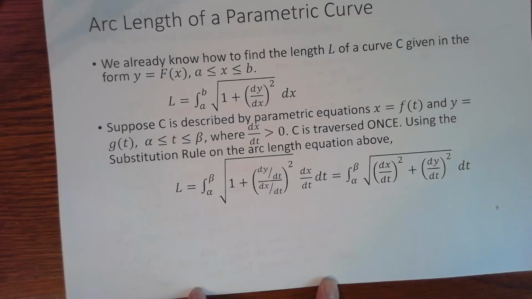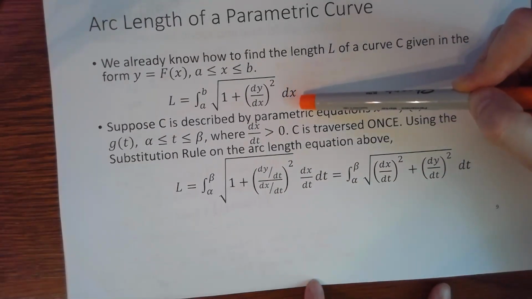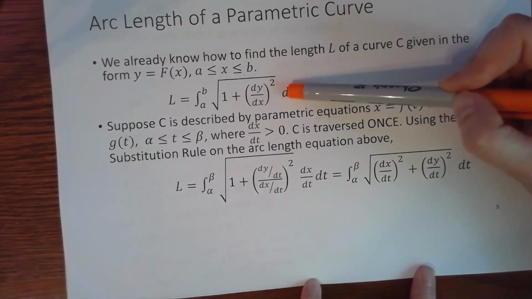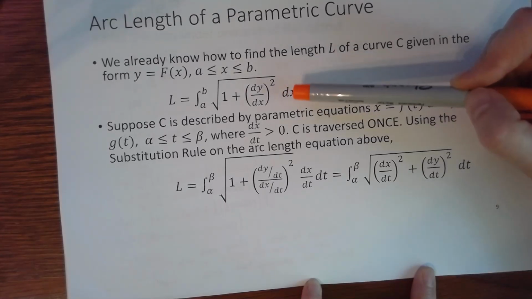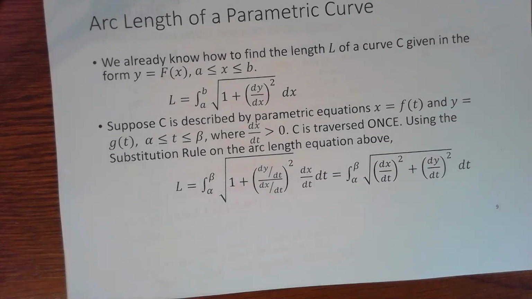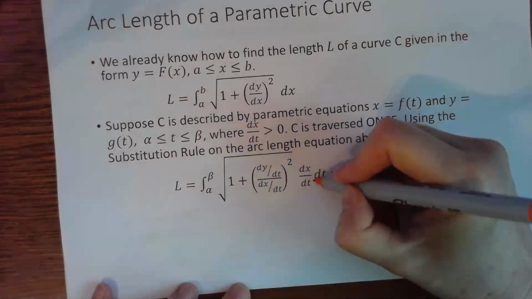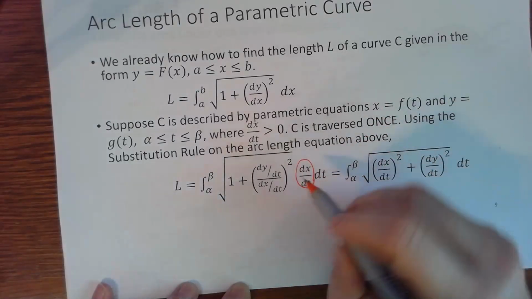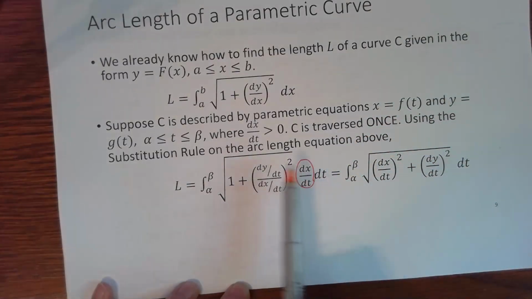Okay. And then the derivative of x is really just the derivative of x with respect to t dt. That gives us, if we cancel those, we just get dx. Okay, and if we simplify this basically by taking this and moving it from outside, right now it's not under